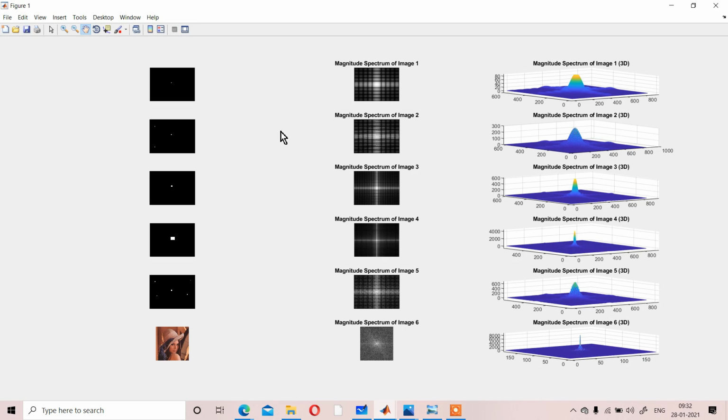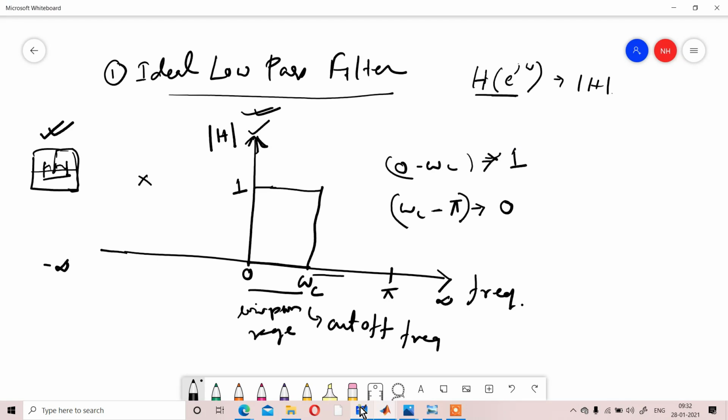Now you have to know the expression of the low pass filter to design the filters. Suppose we consider an ideal low pass filter.